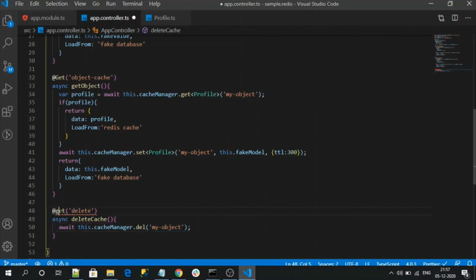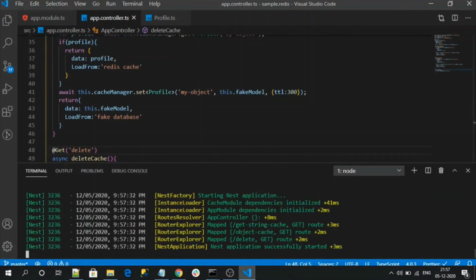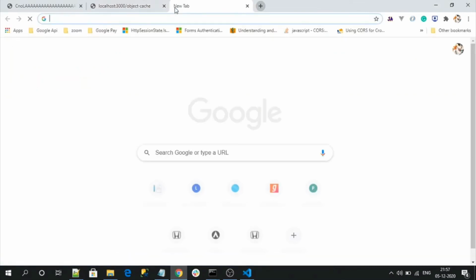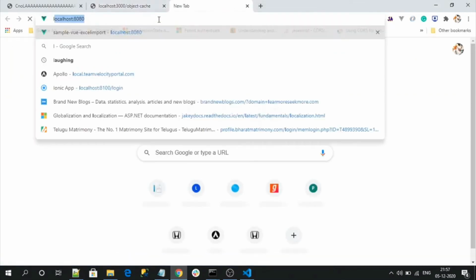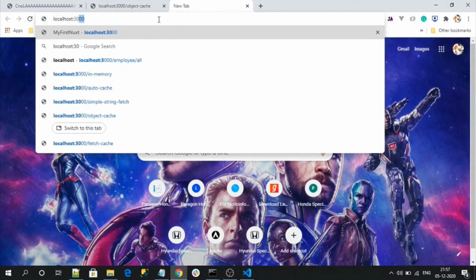That's it. Let's give it a try. The delete API is also coming. So let me refresh it again. So this object is there in cache, right? Now it's a new delete endpoint. We can clear out the cache.